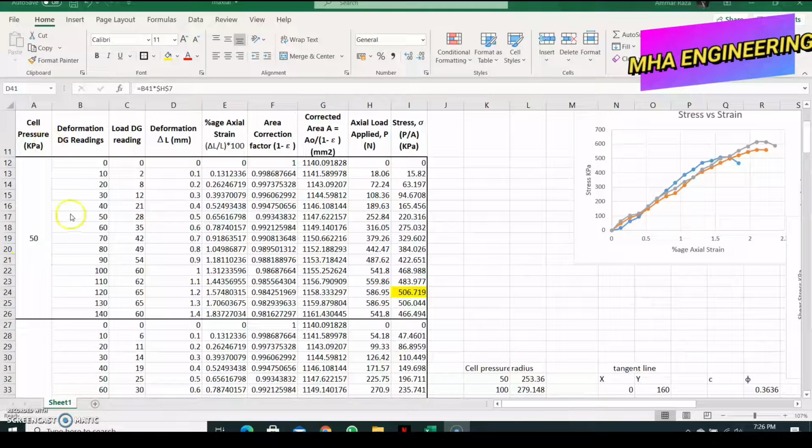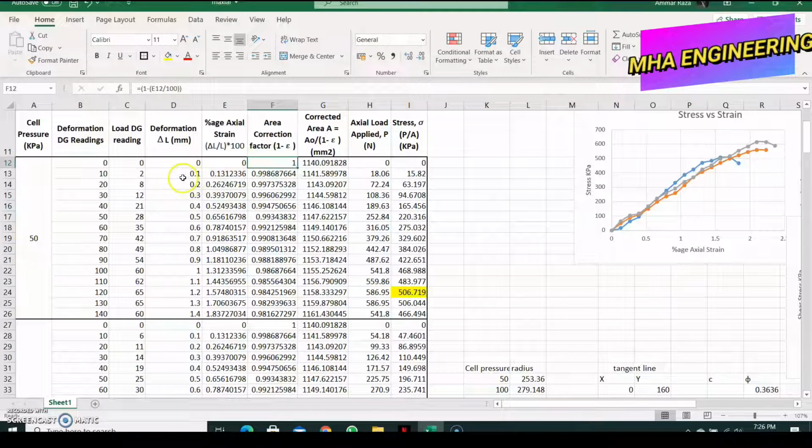One of the differences in the table we make is that we also have to add a column for cell pressure. This indicates that these readings were performed under this value of sigma 3. And then the rest is pretty much the same: our deformation dial gauge readings, our load dial gauge readings, and then the same calculations that we performed in the